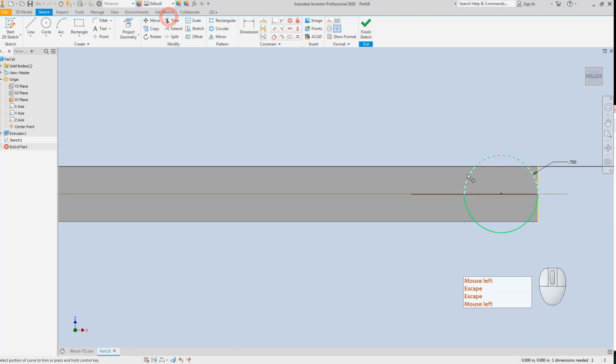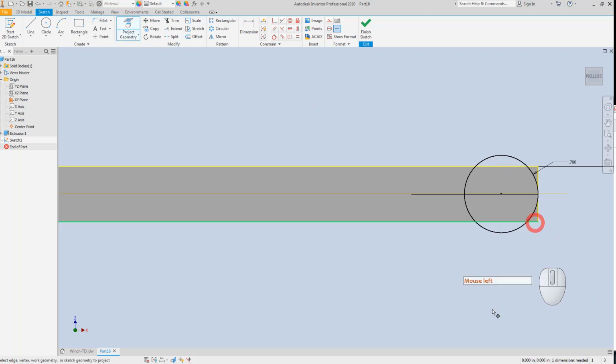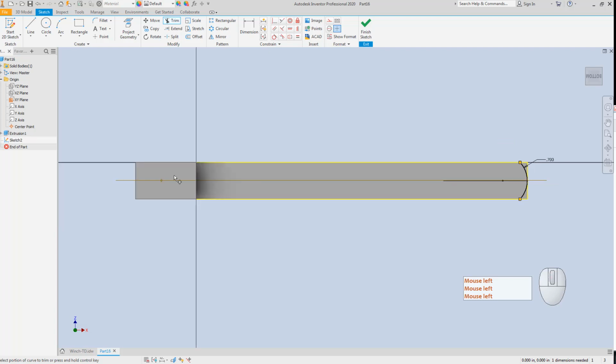I will just make the trim because I'm going to use only the top side of it. I'll just get the geometries, this line and this line, and I'll just make the trim for unnecessary portions. Do the same thing for the other side. I have the same operation. Again, get this geometry, create a line,